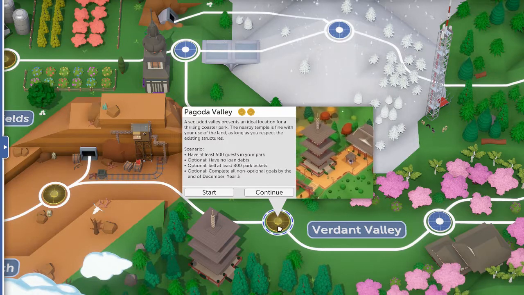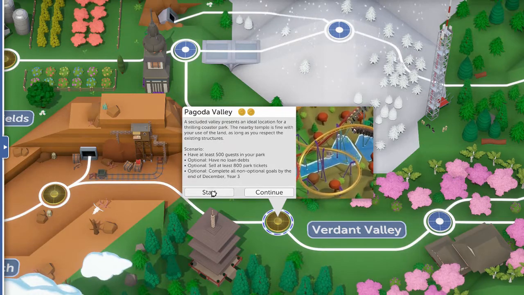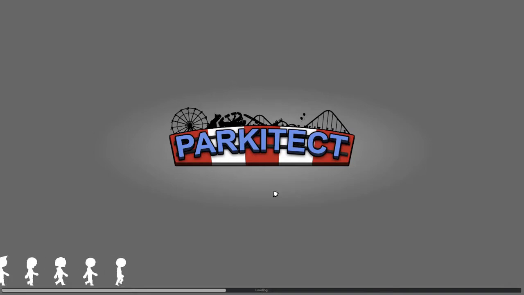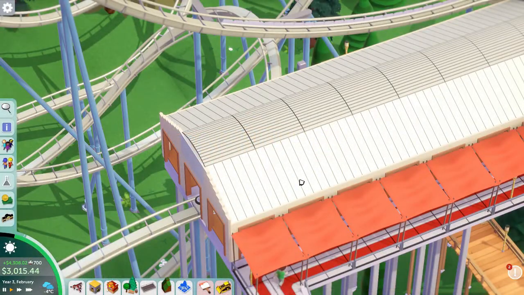And as you can see, I've got the gold medal, so I did manage to do all of these things. This again was quite an interesting one. It comes with some interesting structures with the pagodas and everything, so remember you've got to respect the existing structures, which means you can't tear anything down. You've got to keep what you've got and utilise the area around them and try and keep in with the idea of a nice